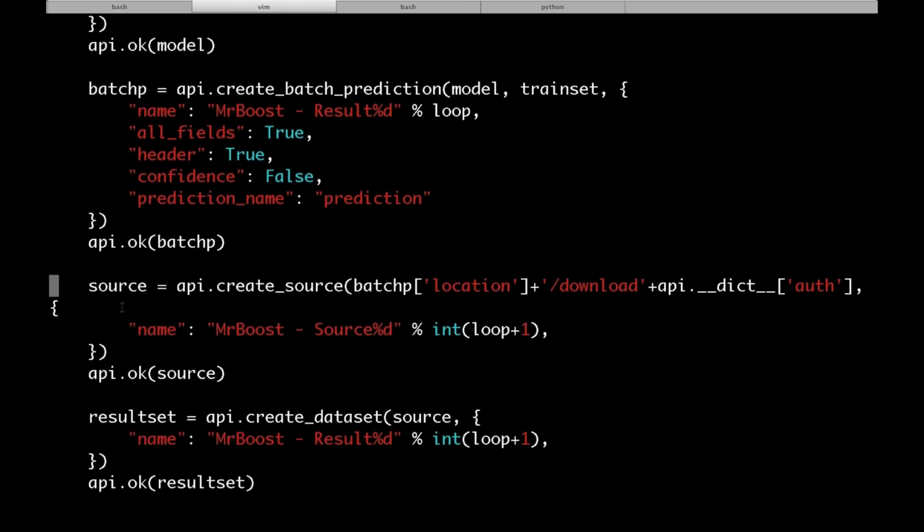And now here's kind of a little trick. Once you've created a batch prediction, one of the things that's available is a URL that you can use to download the output of the batch prediction as a CSV. Since we can create sources from a remote URL, and since a batch prediction download is just a URL, we can actually create a source from our batch prediction just by taking the location, which is sort of the canonical location. This has the complete URL to BigML.io in it. Adding the download feature, which means